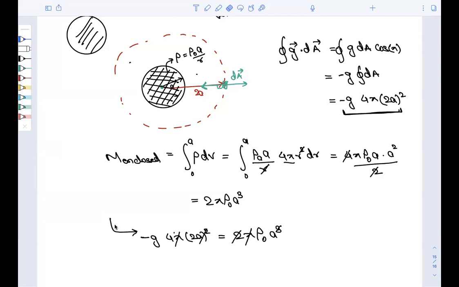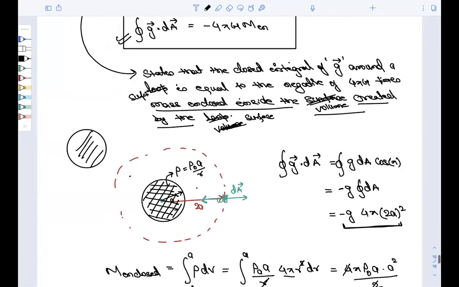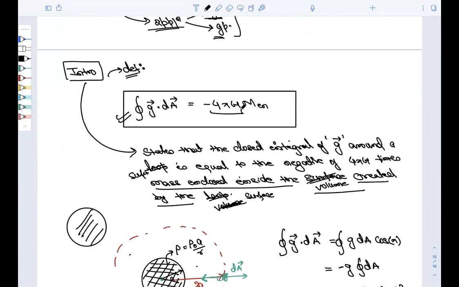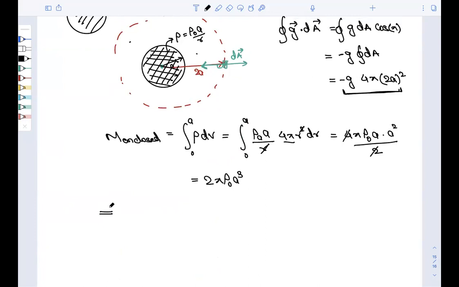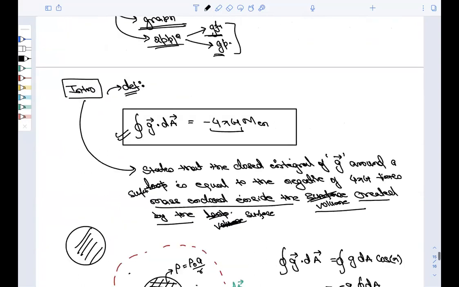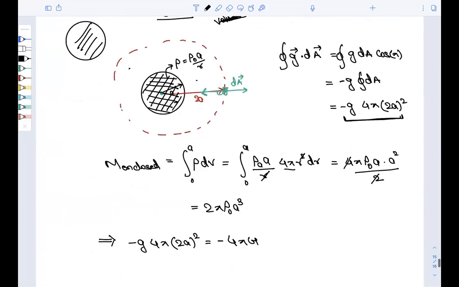Just remove this. हमने एक चीज गलती कर दी है. We have forgotten this thing. ये लिखना होता, तभी वो आंसर नहीं आ रहा था. So if you put this there, so it will be minus g into 4 pi 2a square is equals to minus 4 pi g. देखो यहाँ पर minus 4 pi g into mass enclosed, and this is the mass enclosed